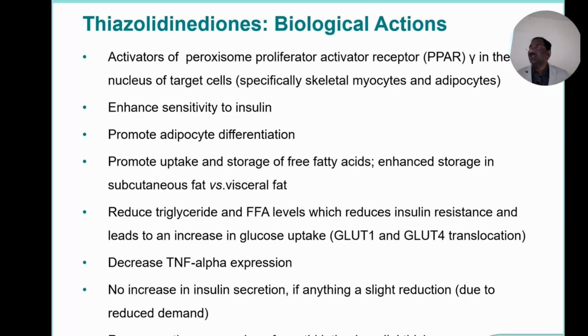Insulin resistance. Metformin, 60 to 70% they act on the liver, and the remaining 20 to 30% they act on the muscle and adipose tissue. Whereas pioglitazone, 60% act on the muscle and adipose tissue, whereas 30% act on the liver. Am I clear? Both the drugs will act against insulin resistance. Both will improve your insulin sensitivity. Metformin has more action on the liver, less on the muscle and adipose tissue, whereas pioglitazone is more active in muscle and adipose tissue and less active on the liver.